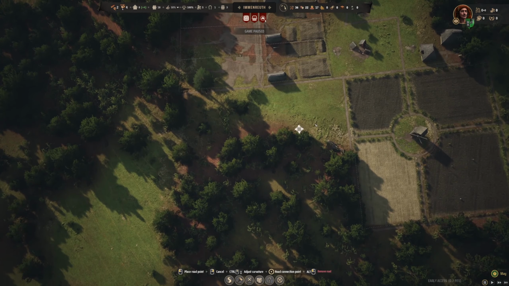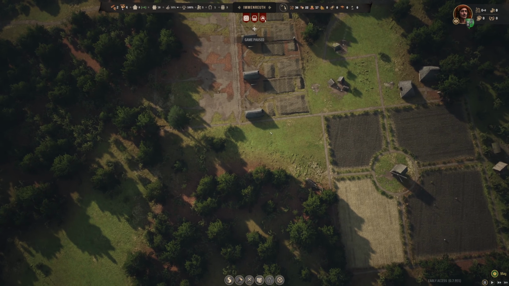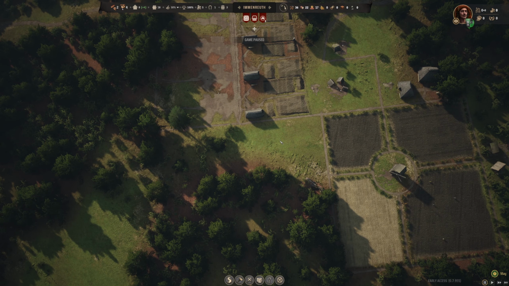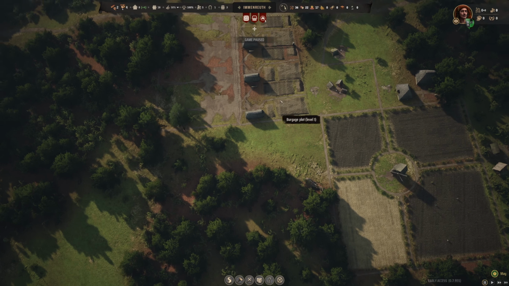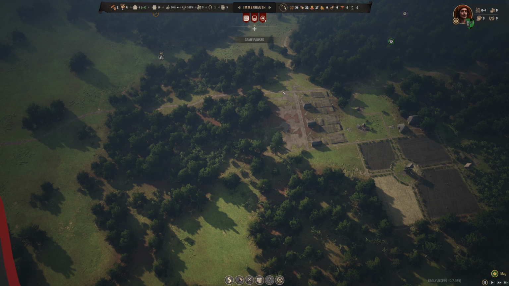I'm going to sort of map it out. Actually, I won't. I'll just show you. But then I build the storage here, or wherever, obviously a different map. Once you've built a storehouse, you will actually get a load of weapons, or depending on the difficulty, I believe,